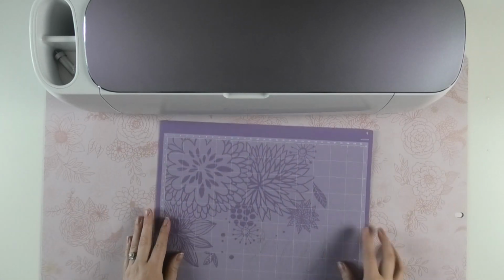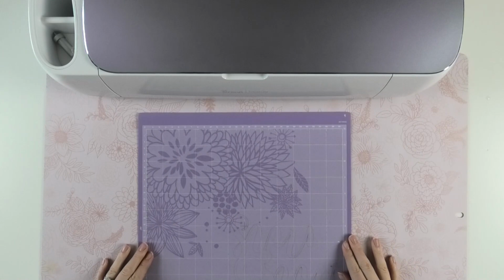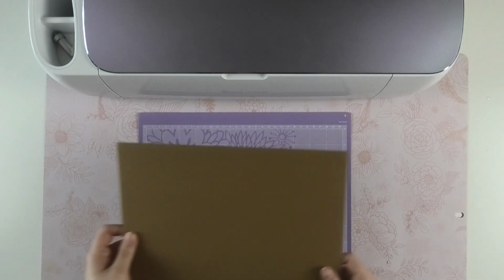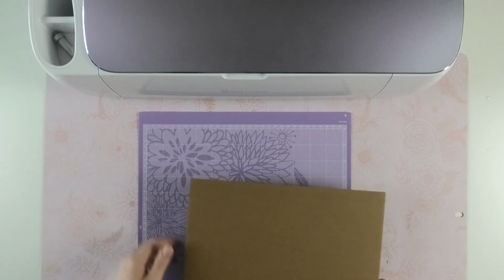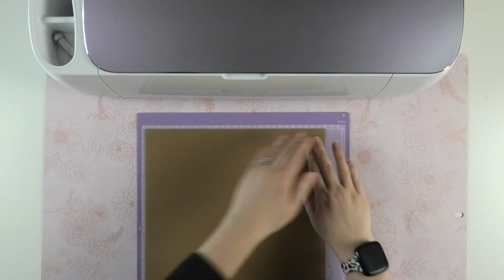Next, it's time to prepare your mat. Make sure you're using the purple strong grip mat. It needs to be super sticky, so I'm gonna flip my mat over and use the bottom side. But make sure that you're positioning the chipboard in the upper left-hand corner of the mat, no matter what side